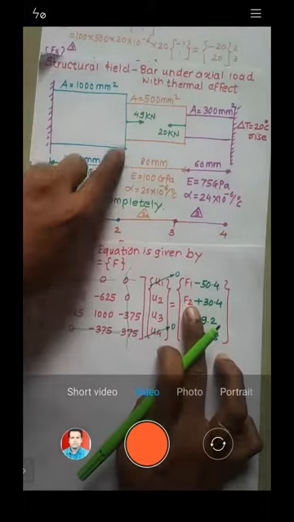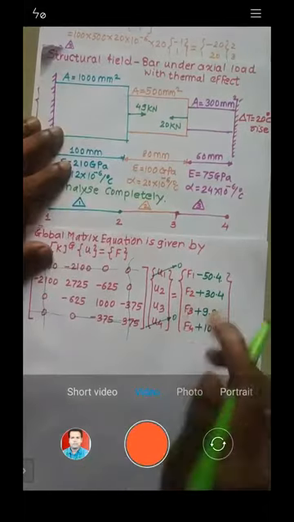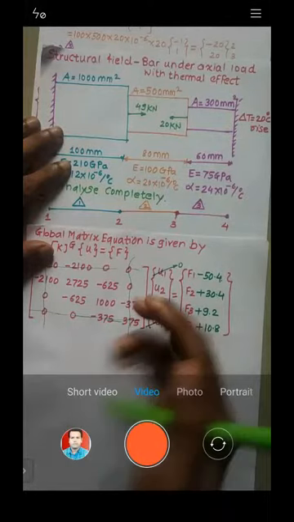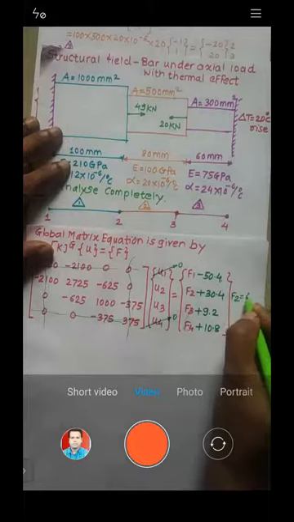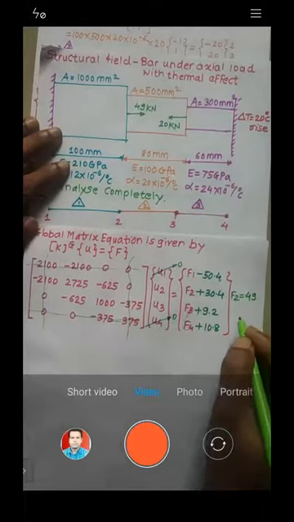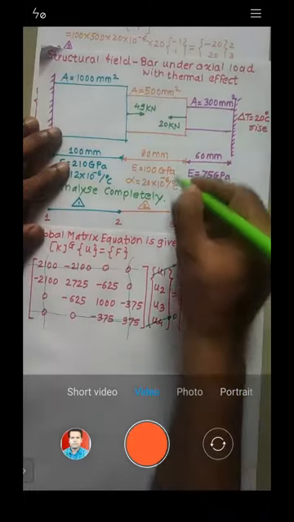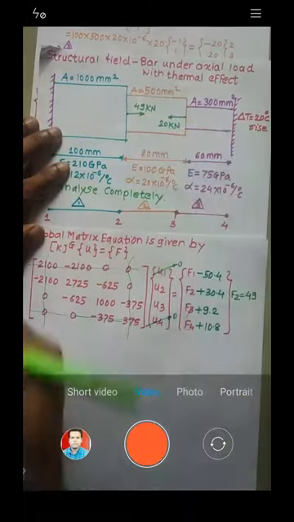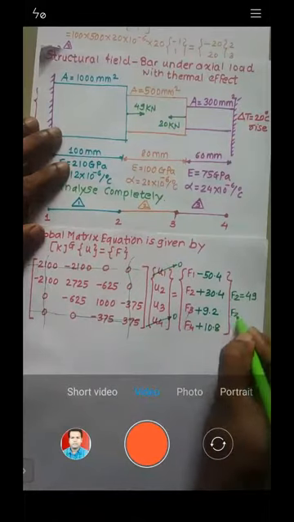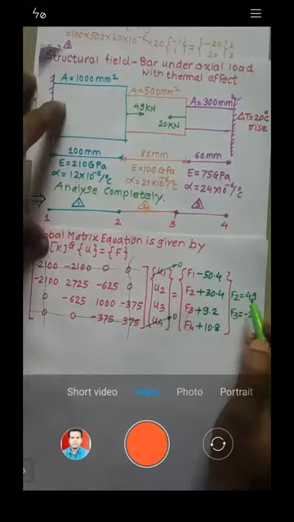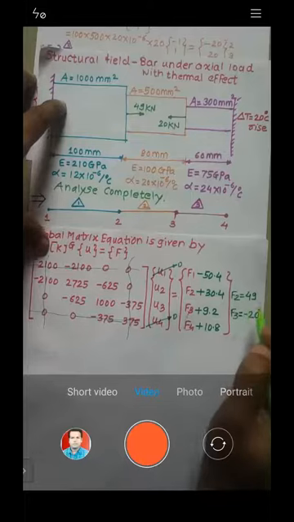The value of F2 is 49 kilonewton. Here only we will mention that value: F2 is equal to 49. Similarly, what is the value of F3? The force applied at node 3 is 20, but it is going towards the left hand side, so I will take it as minus. F3 is minus 20. The right hand side I take as positive, and this going towards the left hand side I have taken as negative.